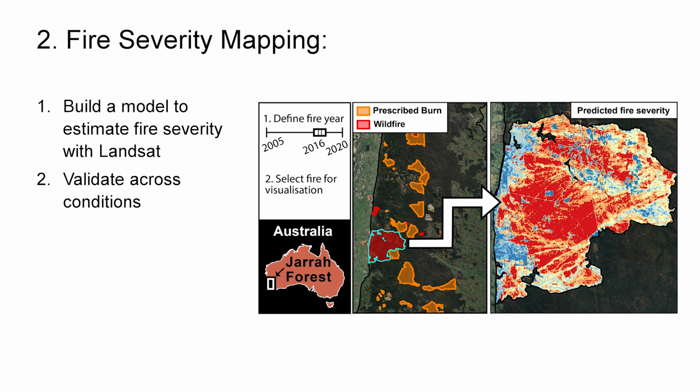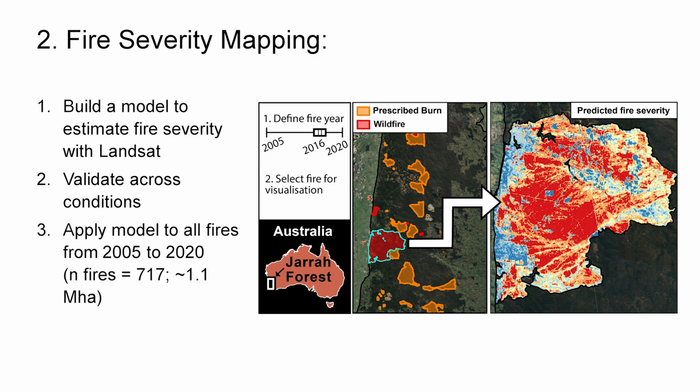I'll show you we validate across different prescribed burns across different seasons, spring, winter, and autumn prescribed burns and wildfires. So it needs to be kind of generalizable across a range of different fire types. And then we apply that model to 717 fires, about 1 million hectares of burnt area over the last 16